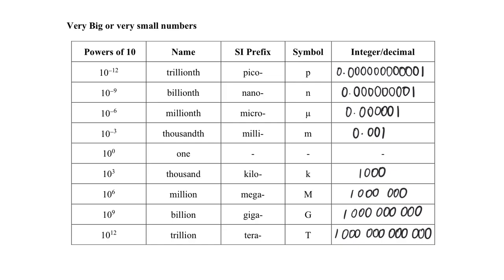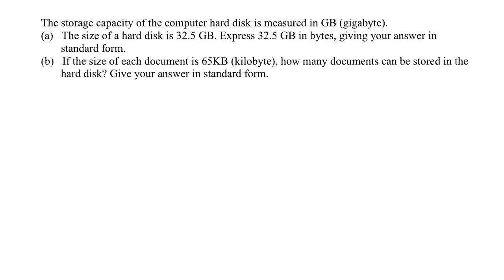Alright. So let us now look at questions that make use of all these prefix or the name. For this particular question, we are given that the storage capacity is in gigabyte. The moment you see gigabyte, you must remember that giga is 10 to the power of 9. So for part A,